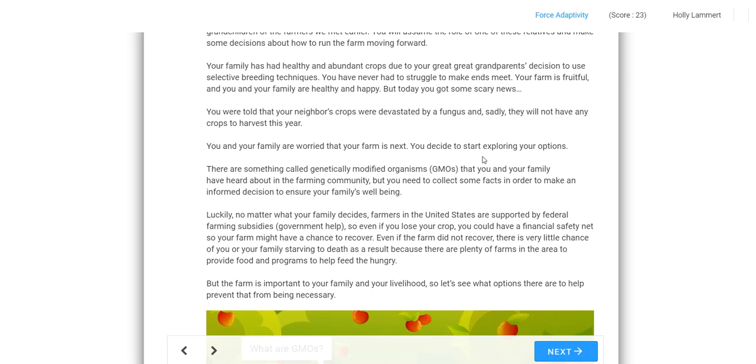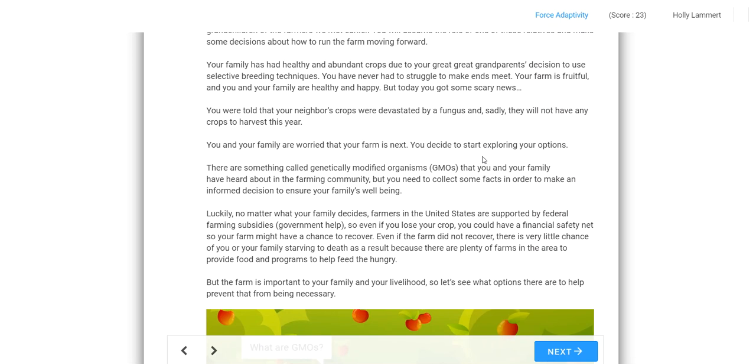moving forward. Your family has had healthy and abundant crops due to your great-great-grandparents' decision to use selective breeding techniques. You have never had to struggle to make ends meet. Your farm is fruitful, and you and your family are healthy and happy. But today you got some scary news. You were told that your neighbor's crops were devastated by a fungus, and, sadly, they will not have any crops